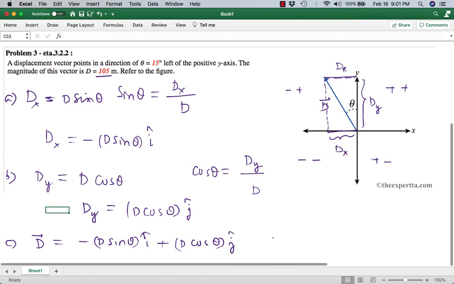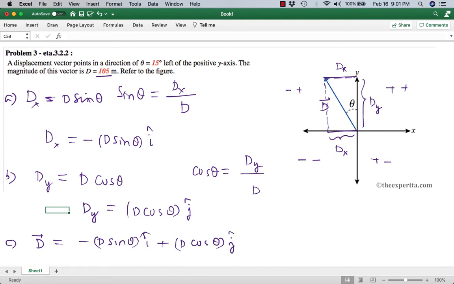Okay, so one way to remember which one gets sine and cosine is to look at which side